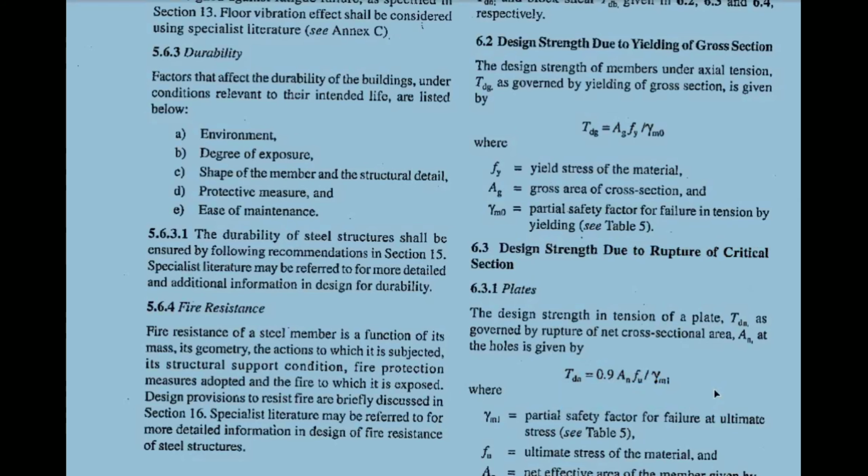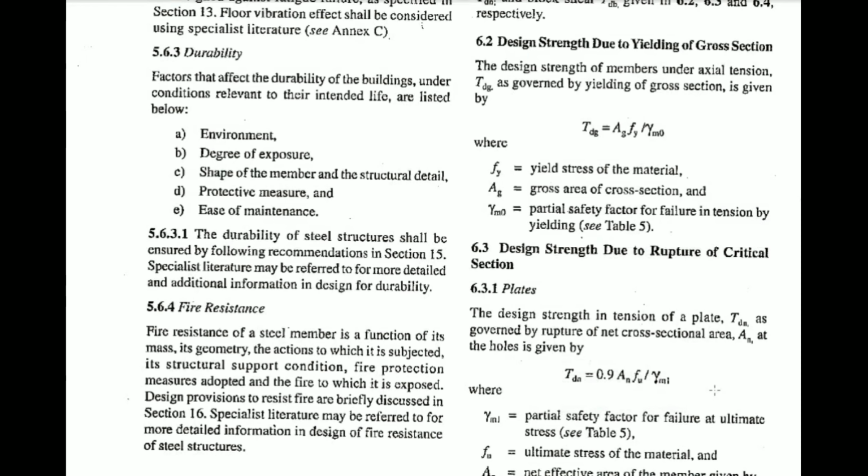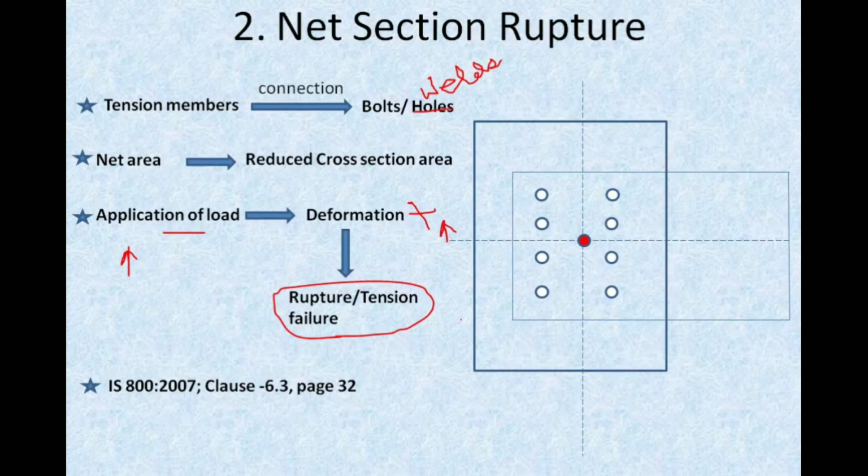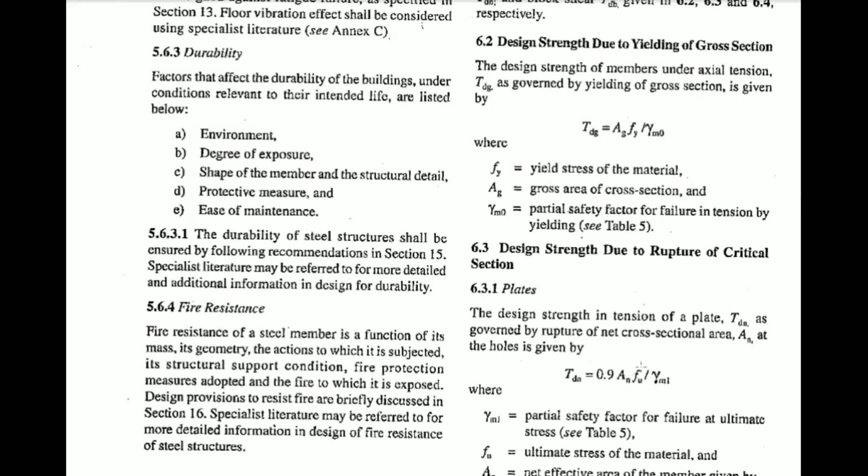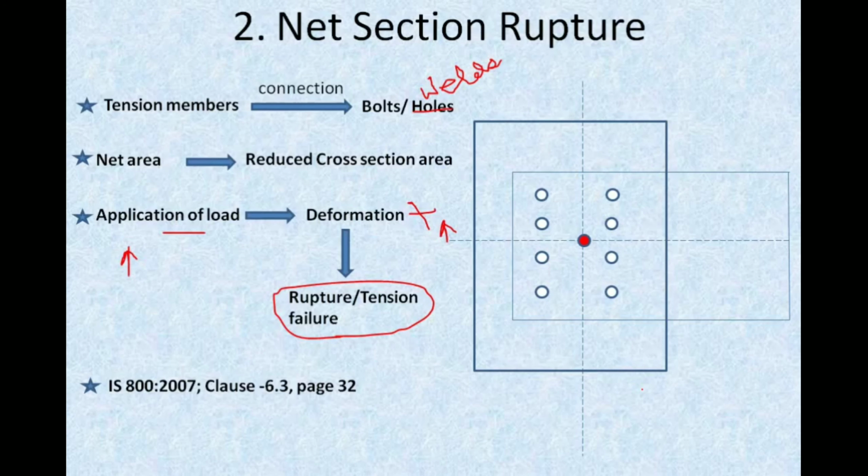See here, if you see, here was your Fy for yielding, and here it is your Fu. Why? Because it will fail at its ultimate tensile stress. So Fu we are using here. And other things we'll discuss when we go on solving the problems. The net area An is the net area, which I told you is the area when the bolt holes are removed, there is a reduction, and that is known as your net area.